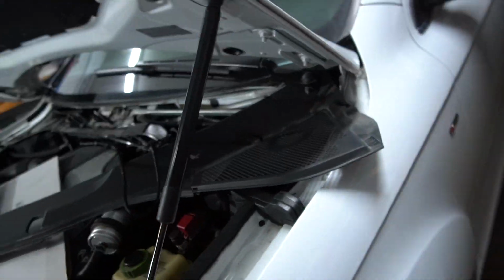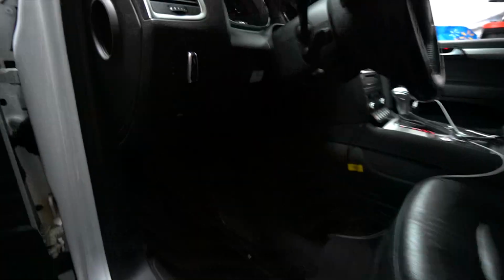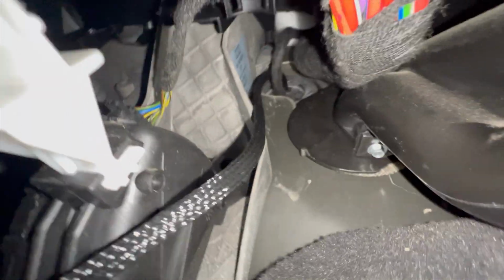Good thing we only have one control wire, because running a whole bunch of switch wires to there would suck. And then that comes out in the car. The wire goes up here and then it runs to that. See if I can zoom in now. It comes out that grommet right there. And then down, but we're going to tuck it right up along here with this panel, and it's going to hook